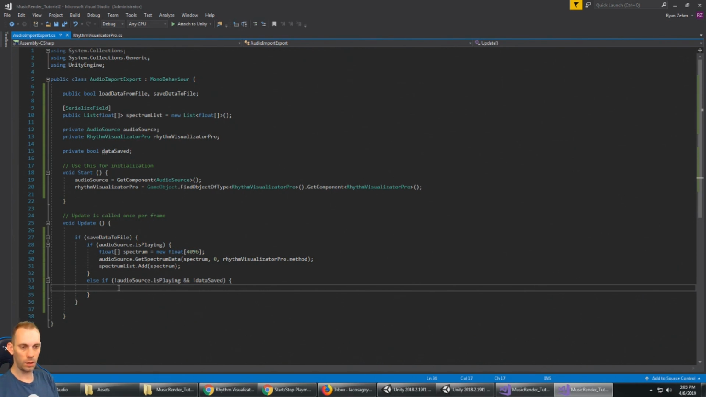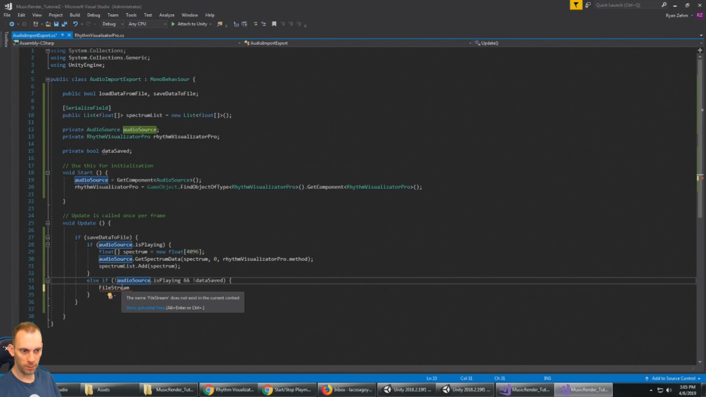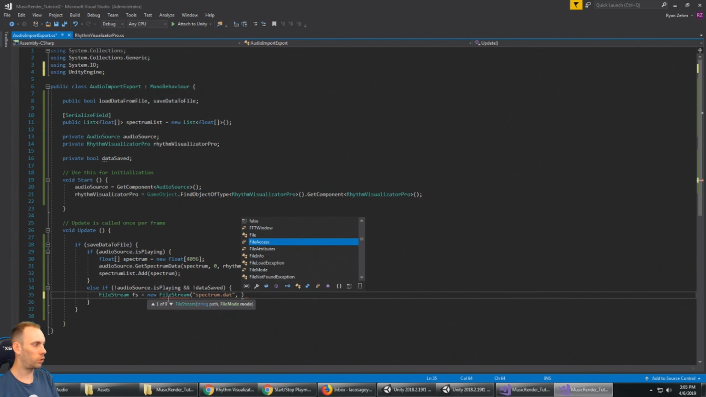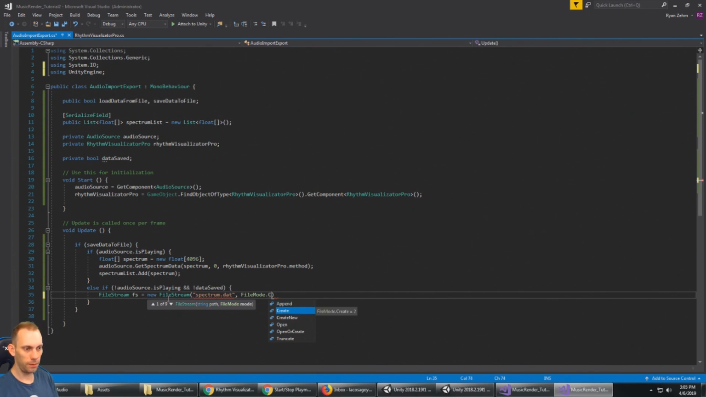So to do that, I'm going to use a file stream, and that means that we're going to need to use System.IO. I'm going to call that fs, and that's equal to a new FileStream. And for the file, I'm just going to call it spectrum.dat. If I don't put a folder here, it's just going to save it to the root of my project folder, and that's fine with me. So we need a FileMode.Create,